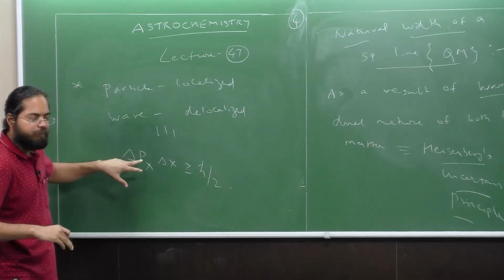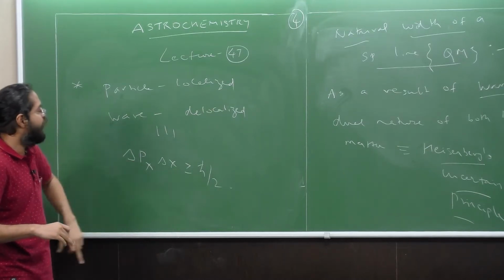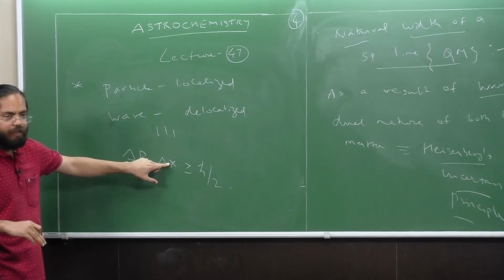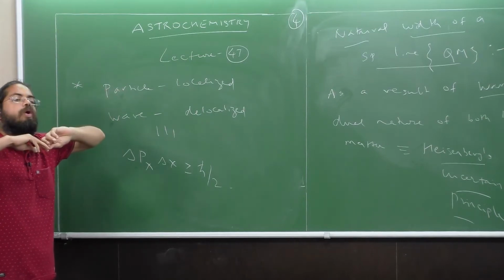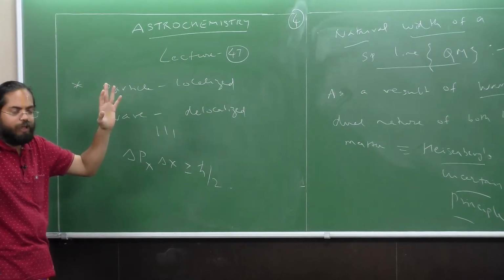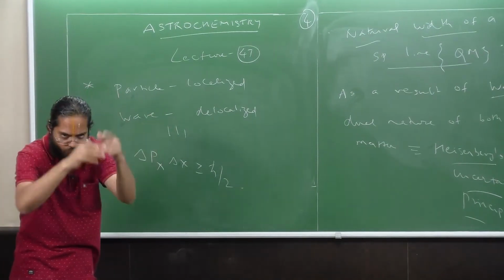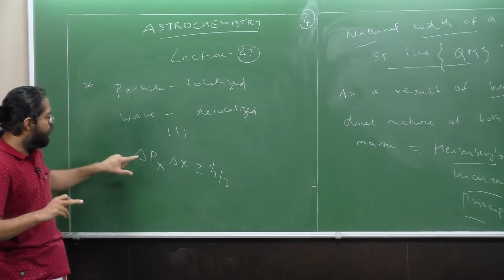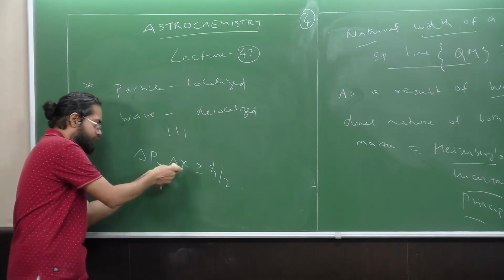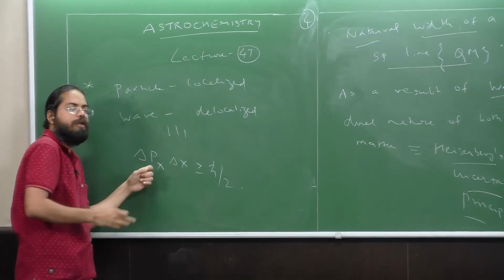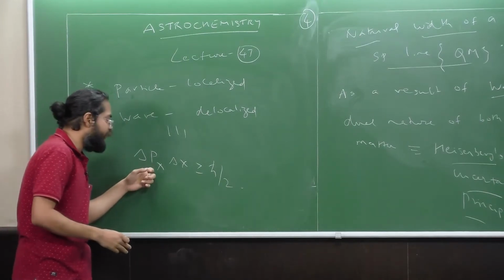This is the mathematical statement, where this term is the uncertainty in momentum and this is the uncertainty in position. Now notice that the quantum mechanical entity could be moving along all three directions. It could be moving along any direction such that there is a component from the x, y, and z parts. However, the uncertainty principle holds good only along the same direction. So we are only considering the uncertainty of the momentum along the x direction.